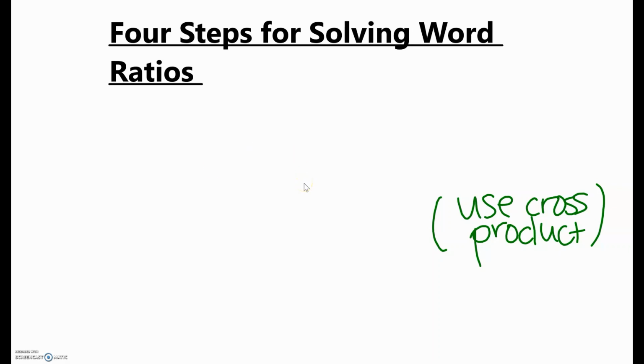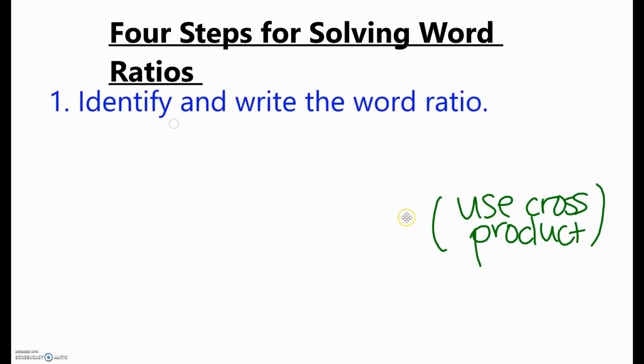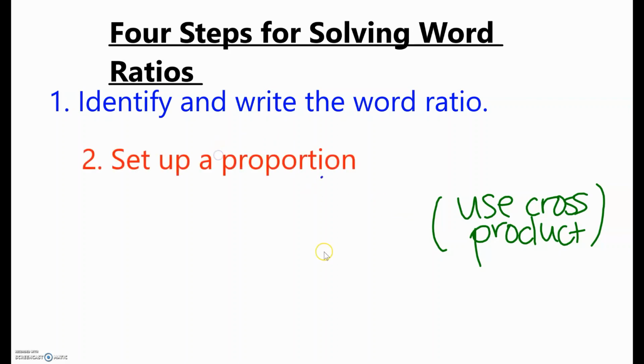So the 4 steps to solving ratio word problems or word ratios. The first thing is we want to identify and write a word ratio. I talked a little bit about word ratios in my unit rate lesson where we were comparing something in my numerator, so it was students, and then something in my denominator, which was teachers, and we wanted to make sure we stayed consistent between the numerators and denominators. This will make sure you don't switch anything around and change the ratios, which will lead you to the incorrect solution. Then we want to set up a proportion,